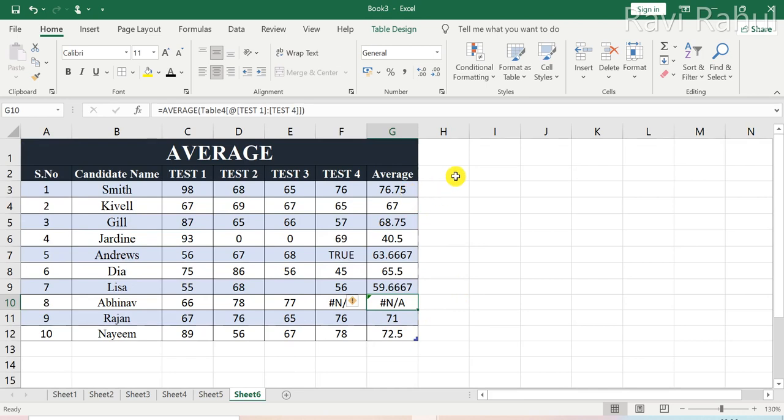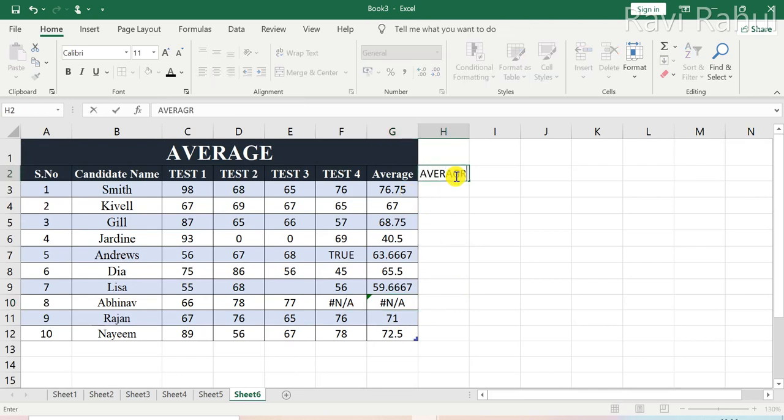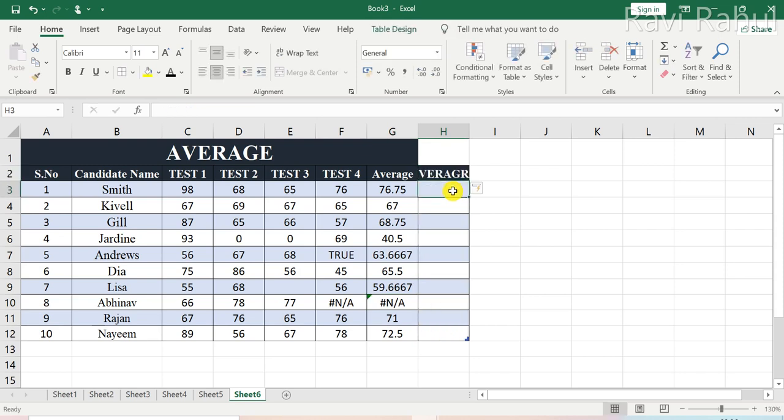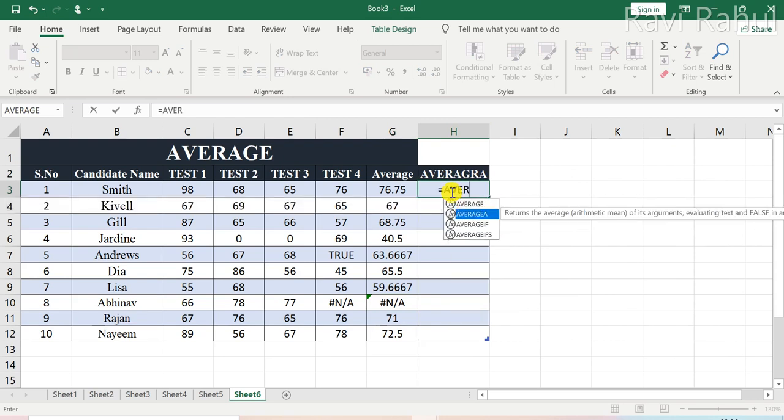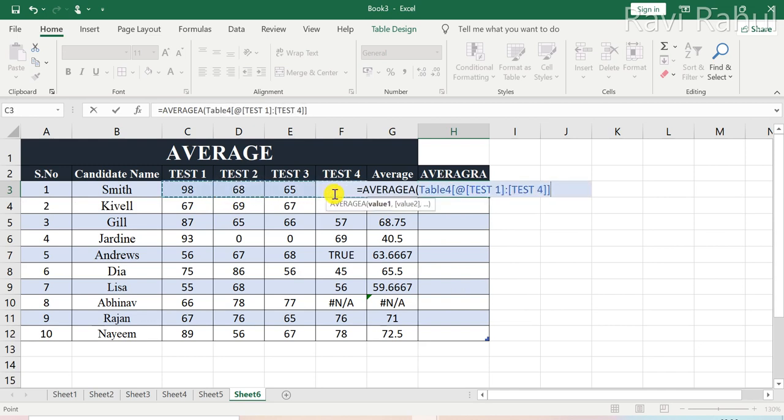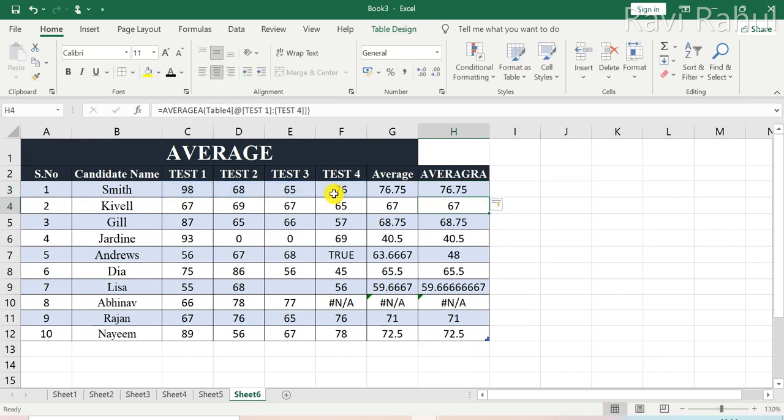Let me apply it here itself. In order to apply AVERAGEA, type in the formula AVERAGEA and select the range, close the bracket, and here now you see the values.